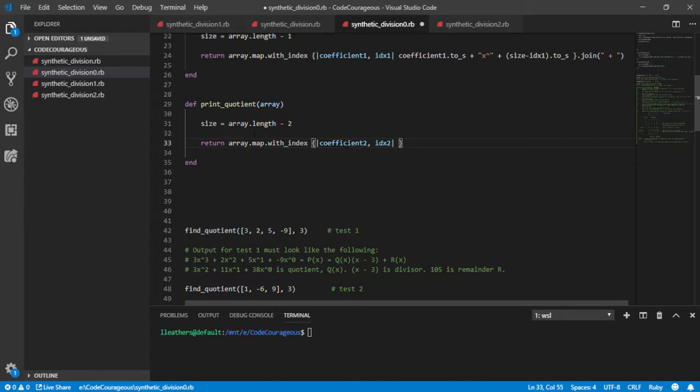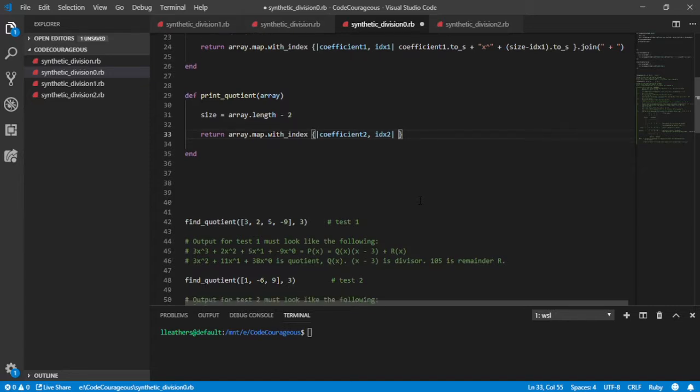But it is different because we're dealing with this differently. And remember what's happening with the end of this. The last element is the remainder, and so we want to keep that in mind. All right, so